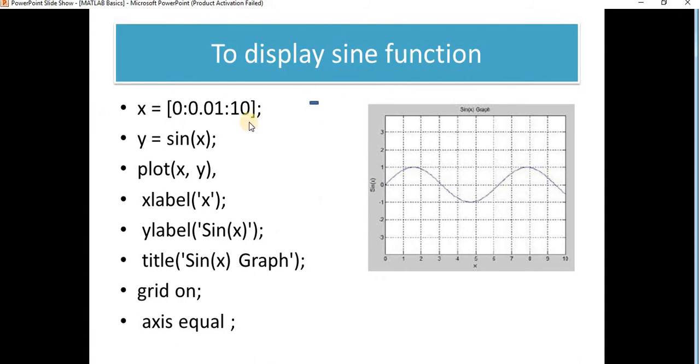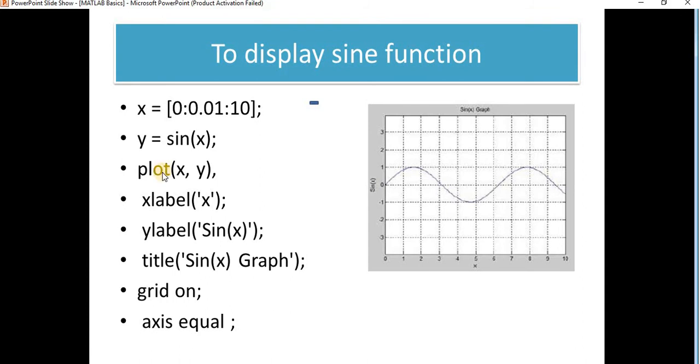So in order to display the sine function, we are giving the program: x value is 0:0.01:10. So x will range from 0 to 10, incremented by 0.01 every time. Here I am giving one function, that is y equal to sin x.